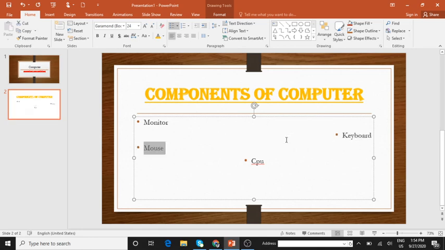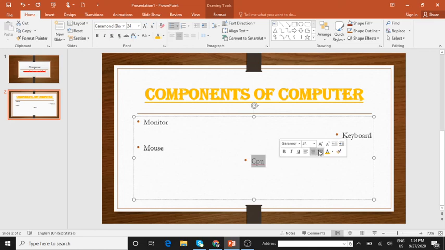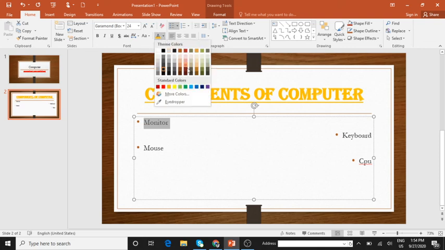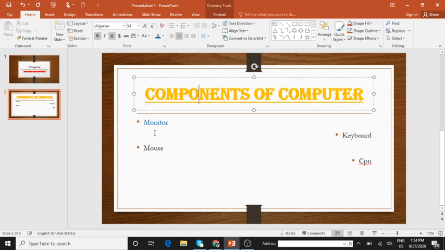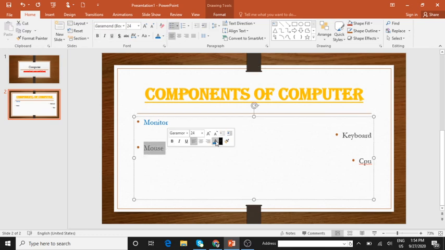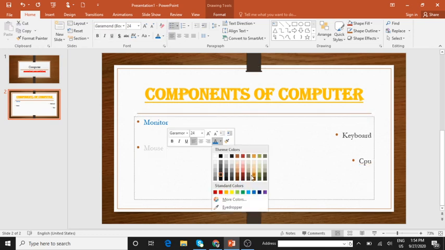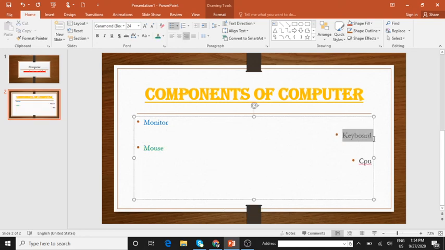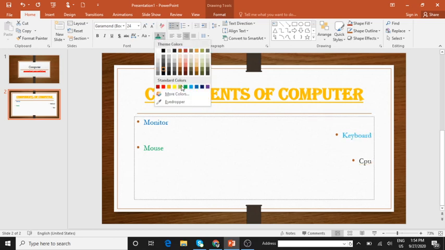Okay, and each one you can color them. Got it? Can you see this? Enhancing, you can do any of the thing you want to do, change it. Can you see the changes what I'm making, children?